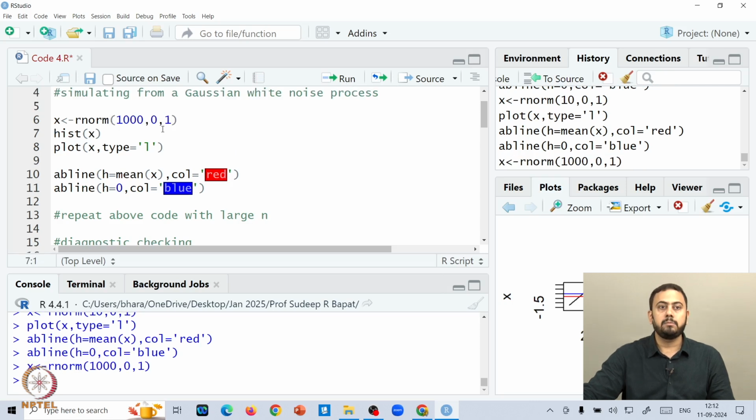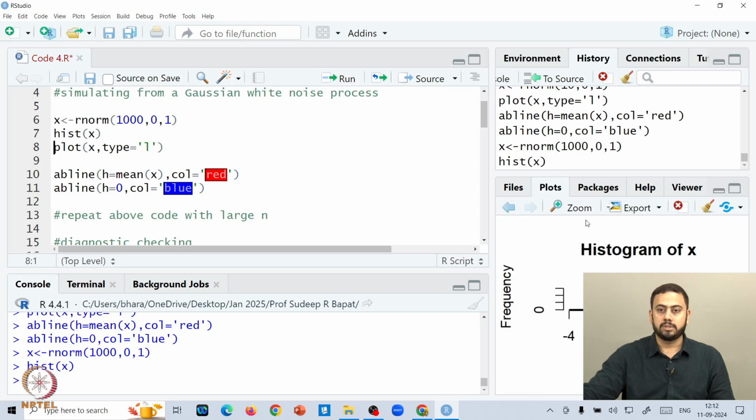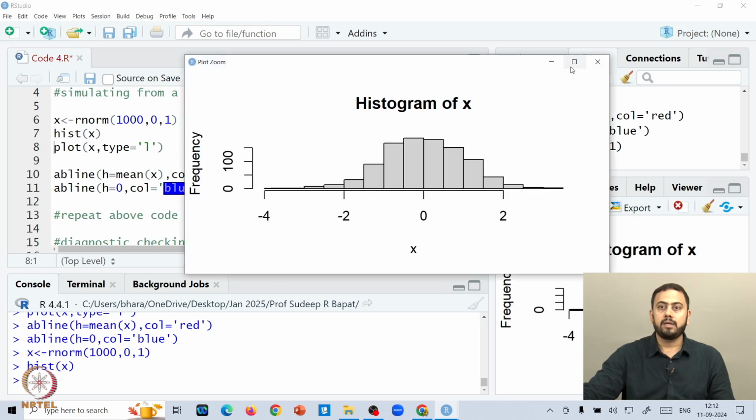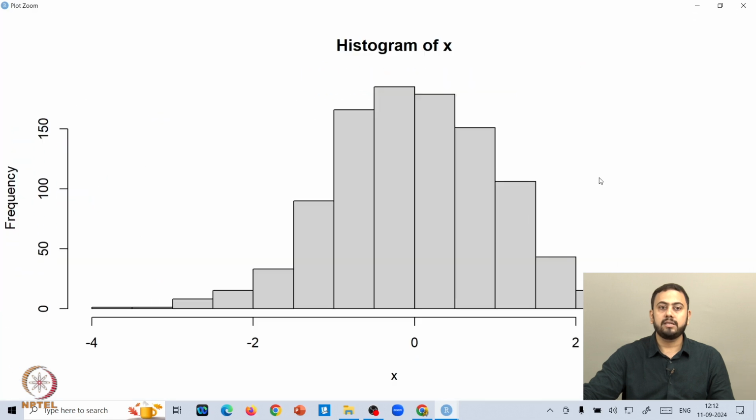Again we're still assuming the mean is 0 and the variance is 1, and then we'll see what the histogram looks like. If you look at the new histogram, you can clearly sense a symmetric kind of resemblance. The density is looking more symmetric in nature, which is exactly what we want, all right?